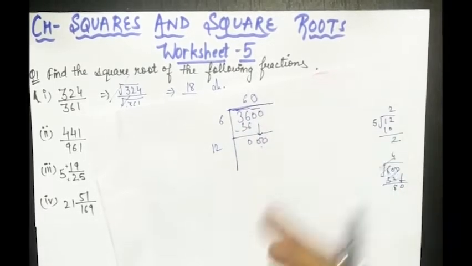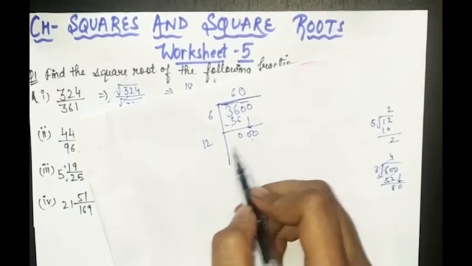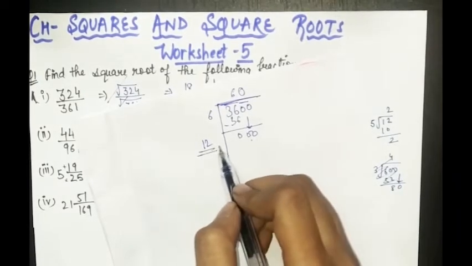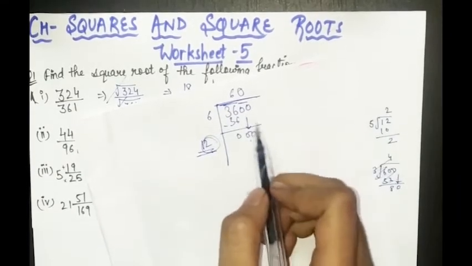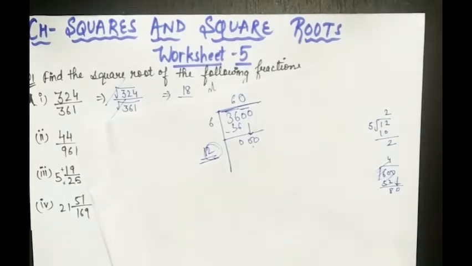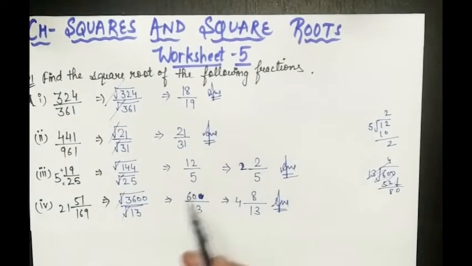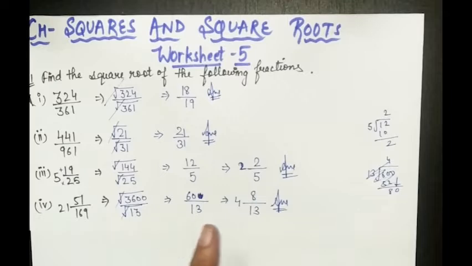Okay, that's why the answer is, because 0 0 is here in the remainder, and in 12's table there is no 0 0 at all, so you can simply take 10, like we used to do in division also. So that's why 60 here and 4 13 8. How 4 13 8? 13 4s are 52, and 52 plus 8 is 60. So 60 upon 13 is the answer. I hope you understood this first question.